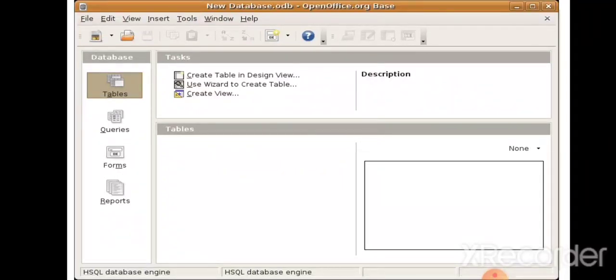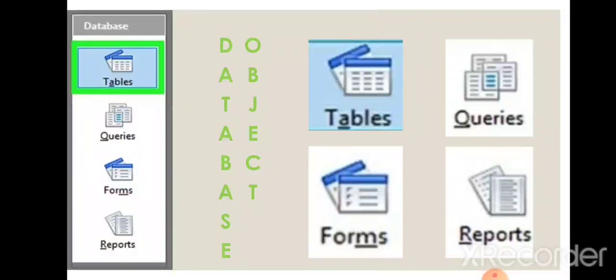So these are the four objects of your database. As you can see, table, query, form, report. We can see the database carries four objects in it. There are some icon representations of the table. This icon is like that.